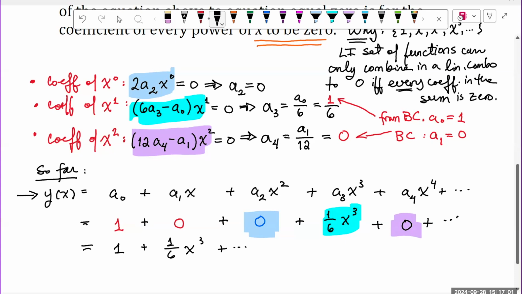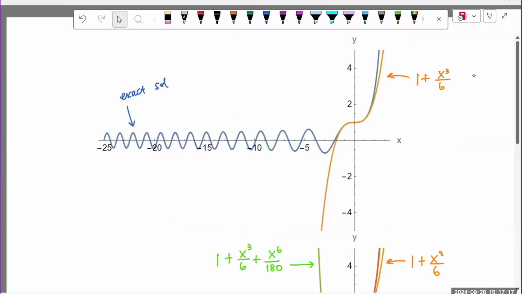So we can keep working on the coefficients one by one, or we can try looking for more general patterns, which we'll do together in class. But first, let's go to the next page. On this page, I want us to be able to visualize what it means to look at a truncated power